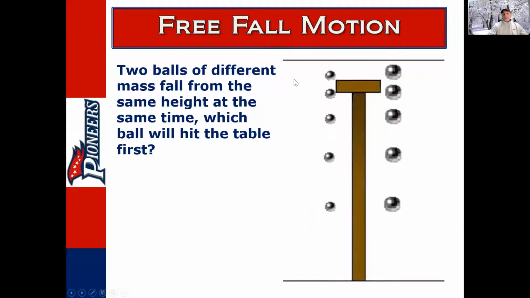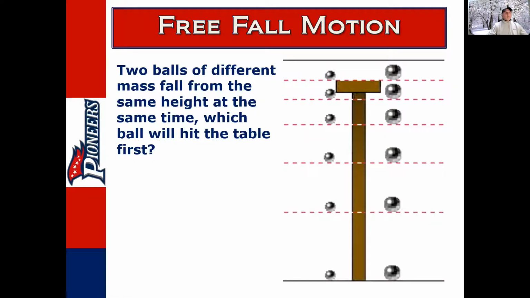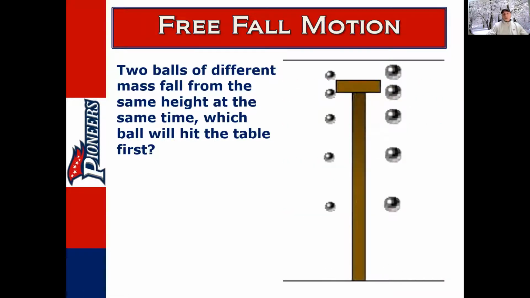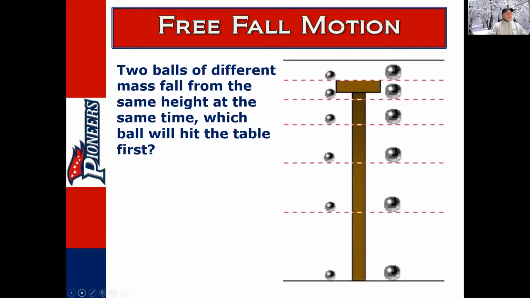We know that mass doesn't matter. Mass is not going to matter until we get into Newton's laws, and that becomes a factor in our equations, right? But this is true only when we're in a vacuum, because then mass does have some effect when we have air resistance. And we talked about seeing things fall in the vacuum, and we saw the free fall videos